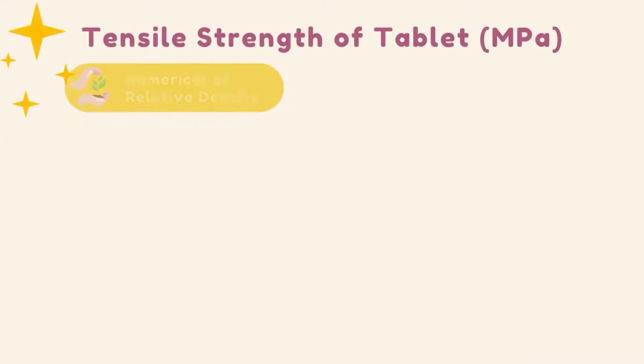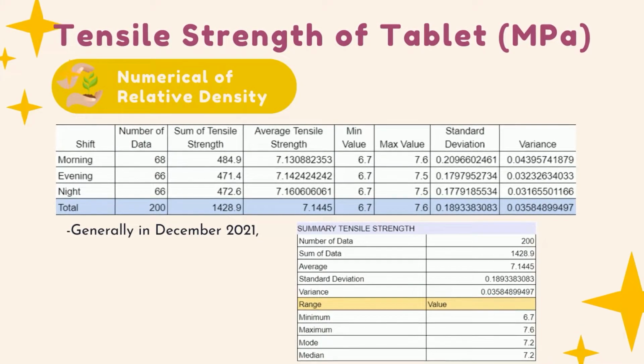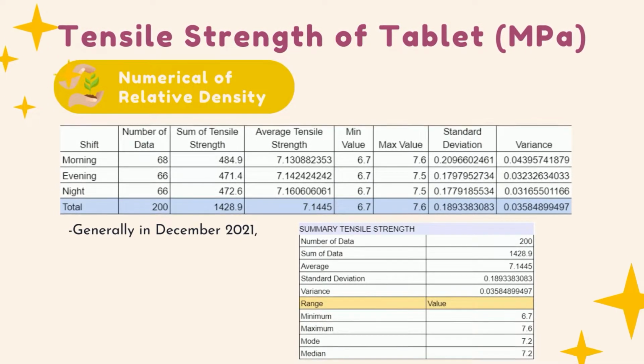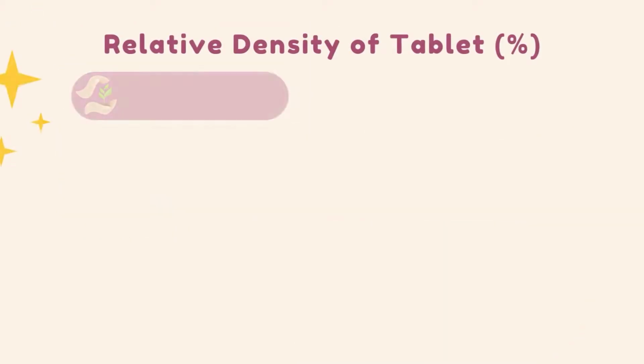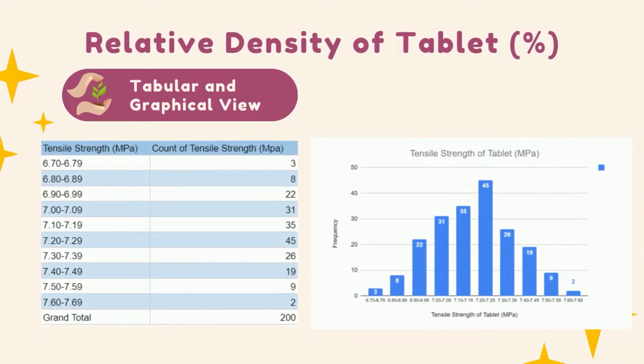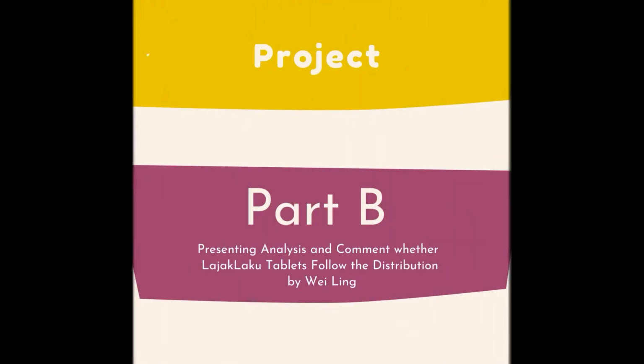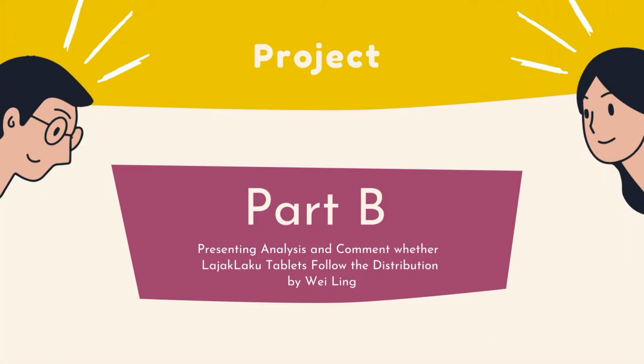1. And the last one is the tensile strength of the tablet, which is the third parameter. First, we form the numerical form, and then we form the tabular and the graphical view, with the 1.0 class interval. Okay, so now we get into part B, where we need to present the analysis